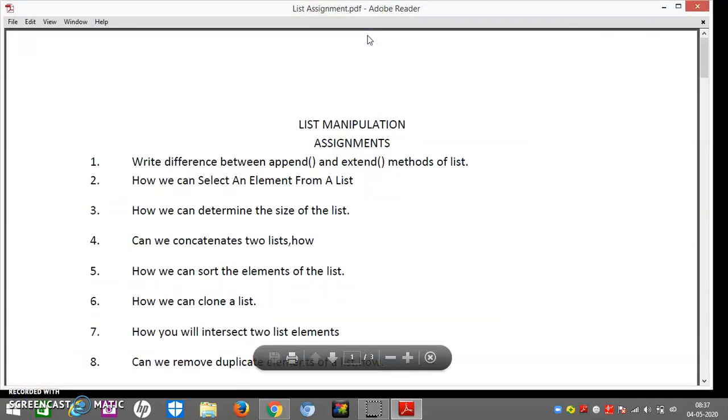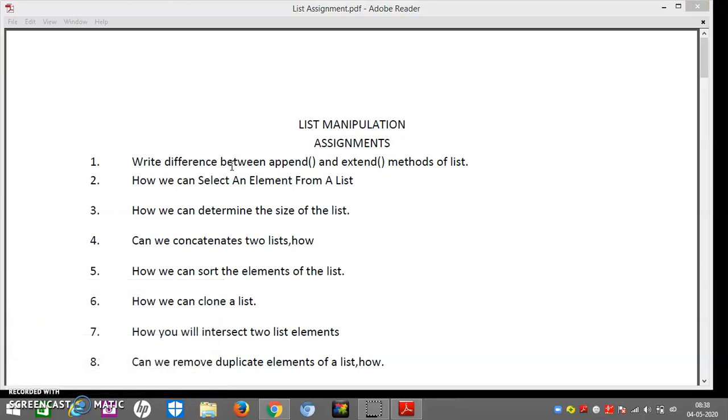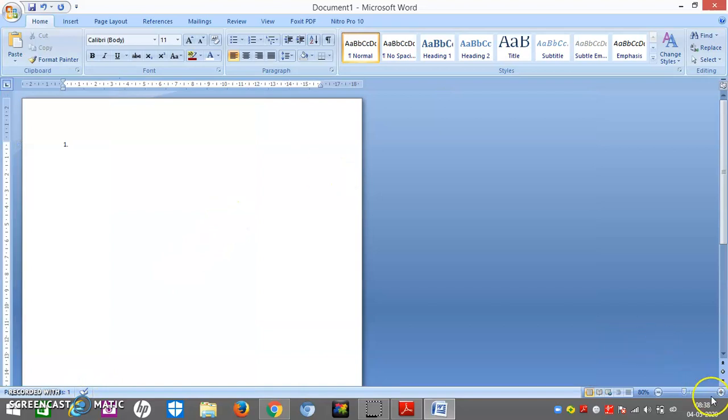So for the list manipulation assignment, let us start with the first question. Write down the difference between append and extend method. So let me open a Word file for you so that we can write the answer of that, and we will prepare somewhat of a list. Okay, so let me make it big.